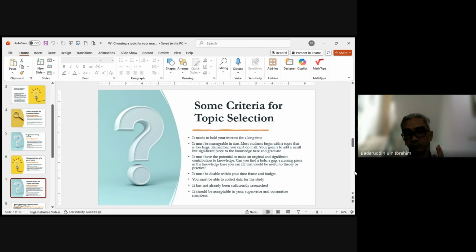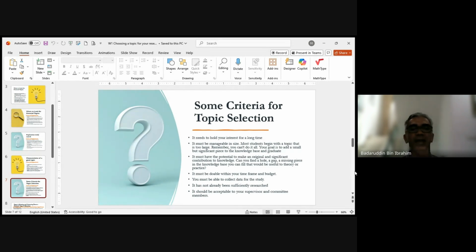Okay, don't be alone in your research. Make friends with your supervisor. Okay, you must be able to collect the data. Of course, you must have respondents. Okay, you must have access to the respondents. Later on, I will share one more slide about the access. Talking about the access, okay,